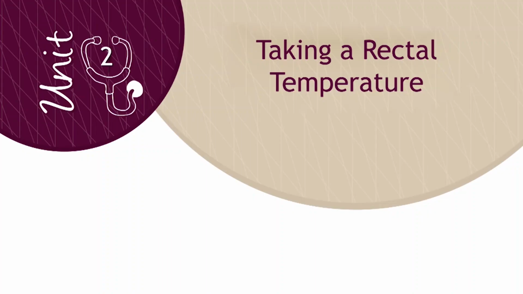Then taking a rectal temperature. First, the patient is placed with the upper knee flexed in Sims position. Cover the patient to expose only the anal area. Second, wear gloves, prepare the thermometer and lubricate its tip with water or Vaseline. Hold the thermometer using the dominant hand and separate the buttocks to expose the anus.